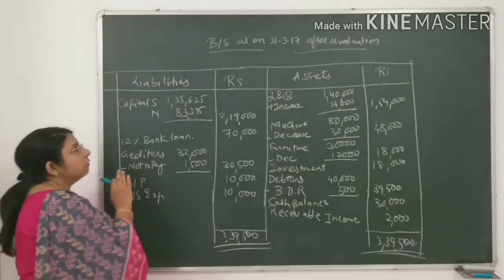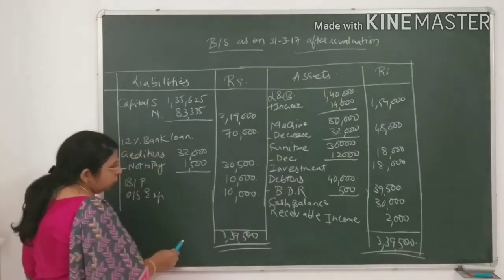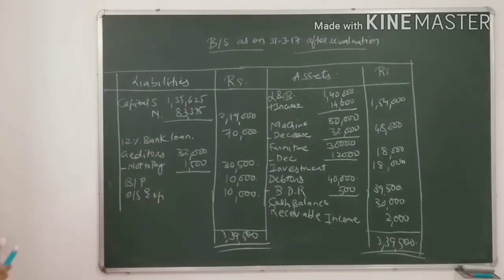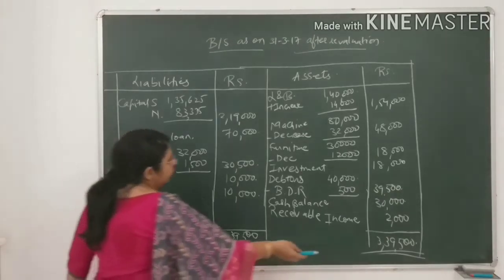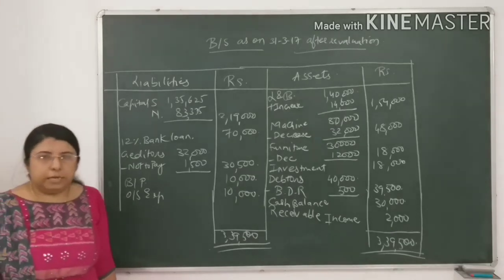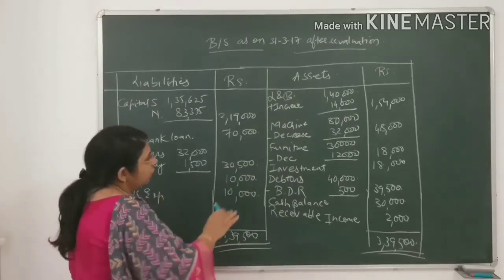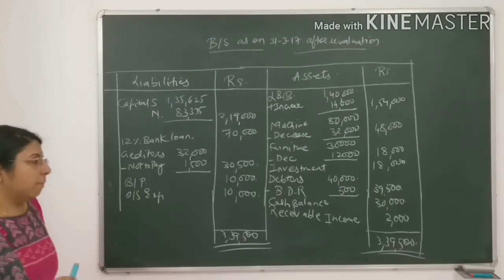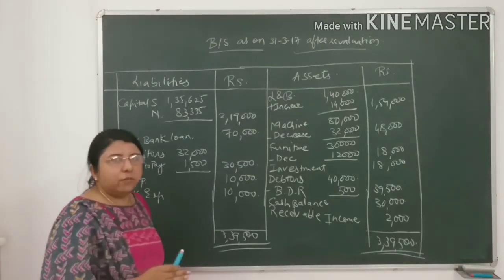So after verifying the entire sum, you have to do the total of both the sides. If the total of both sides, that is the liability side and asset side, comes the same, it means your sum is correct. Now you are knowing it very well, this entire sum takes around 20 minutes to complete. Hope you all have understood it very well.